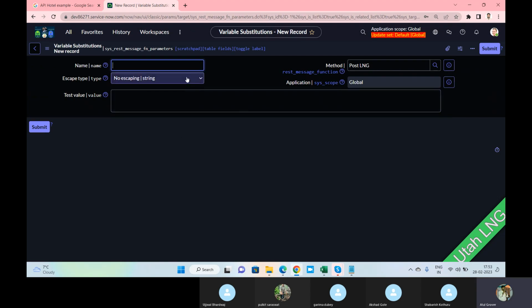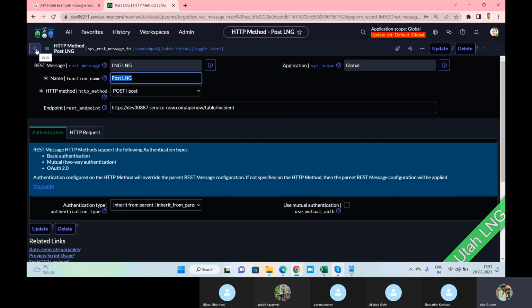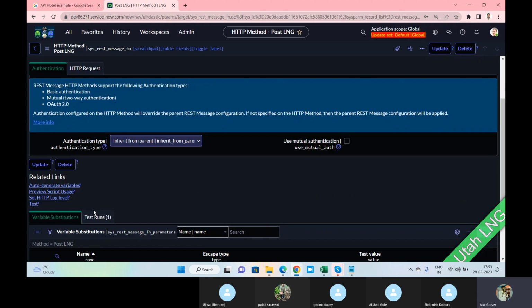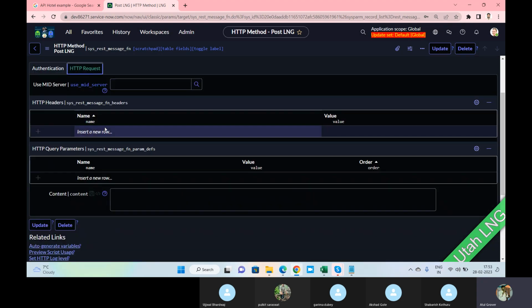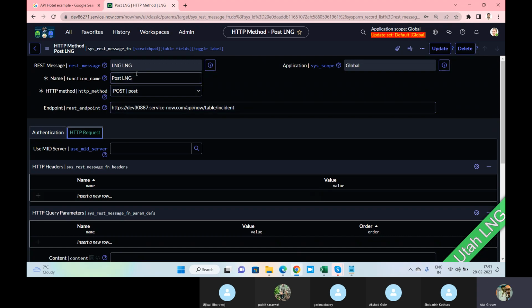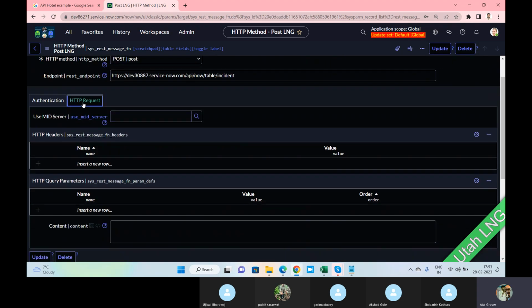Okay. HTTP request field mapping is there. Auto generate preview script usage. Ah, sorry, my bad. We should go here. In the same POST method, we have to go to the HTTP request.